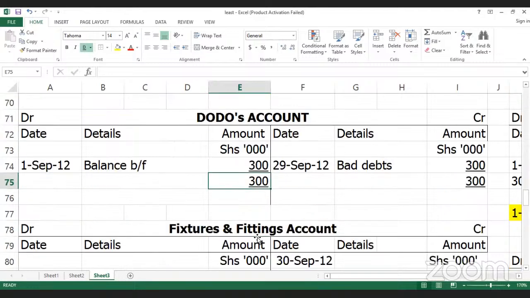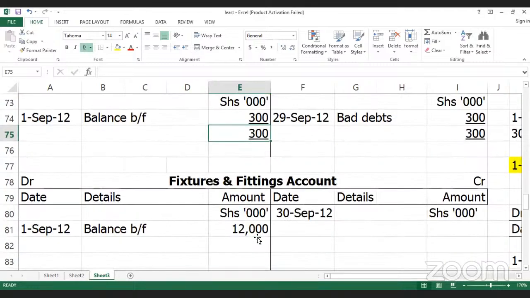Then fixtures and fittings. I think this is our last account. Fixtures and fittings, which side is greater? The debit side is greater. So the balancing figure should be